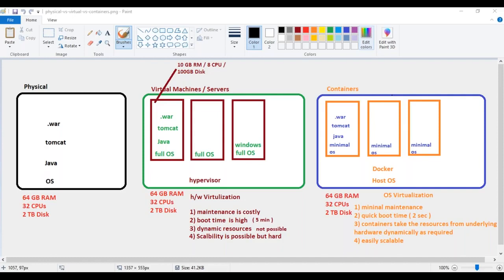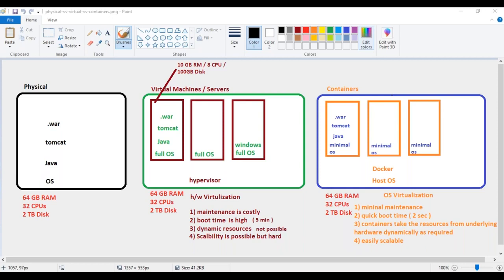Now that tells us quickly that the boot time issue is already resolved. We can quickly bring up your containers in a matter of seconds. When it comes to scaling up also, because everything is in a package, I can deploy another container here, which is just a replica of it. I don't need to worry about all the dependencies needing to be created again. So it is easily scalable, I can scale up my infrastructure. Every container acts as an independent container. It can take the request, it can serve the request, and it can do whatever you want. So I can quickly scale up my infrastructure.